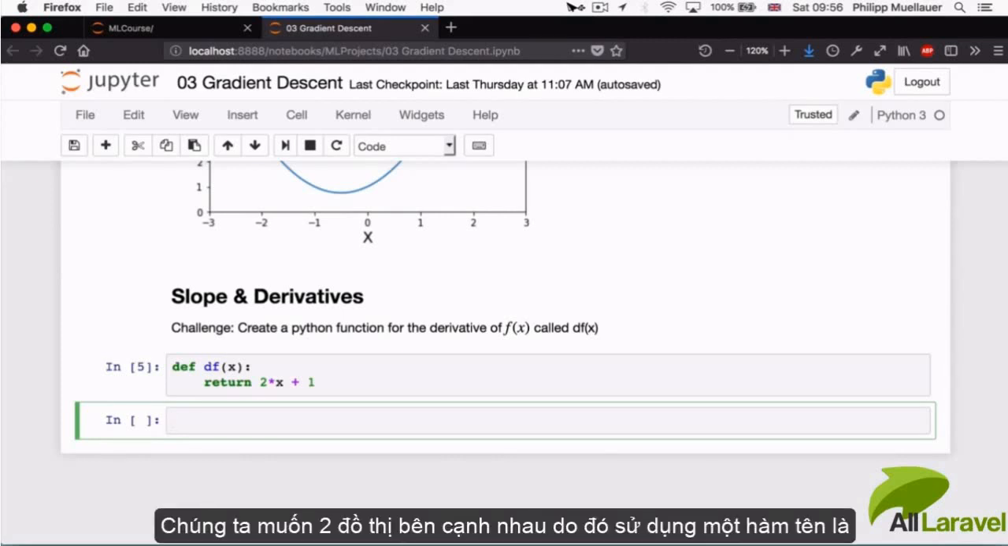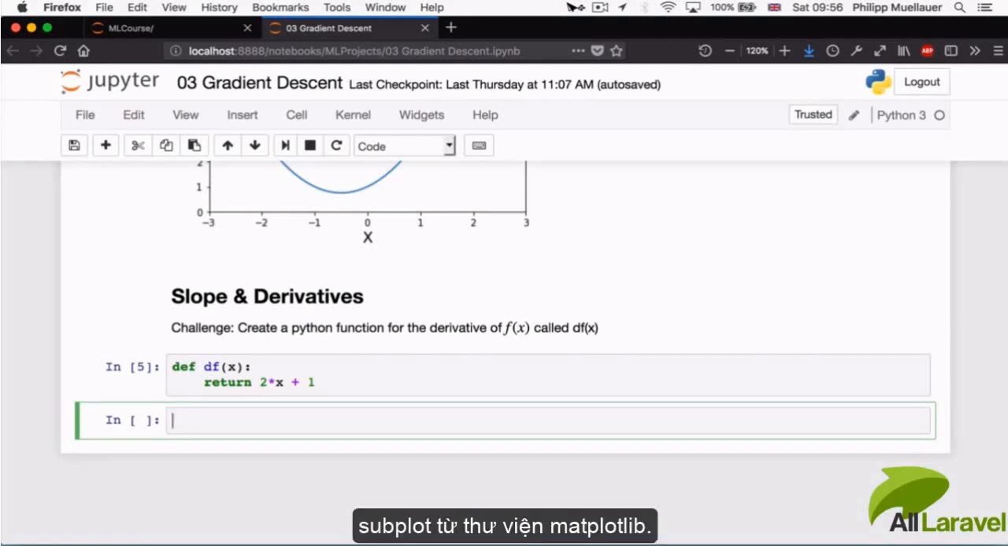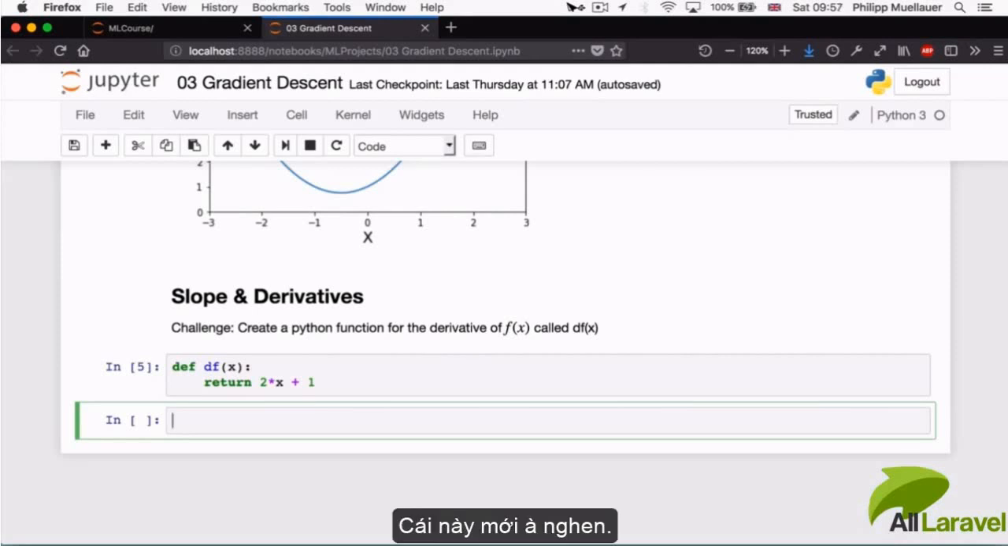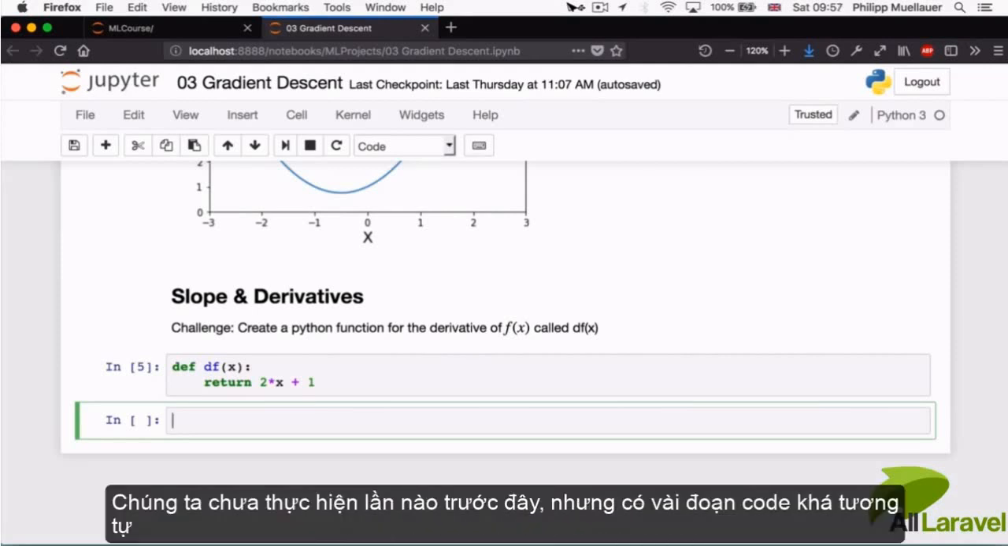So what we want is two charts side by side. And to do that, we're going to have to use the so-called subplot functionality from Matplotlib. I'm going to show you the subplot functionality, and I'm also going to show you how to size the two charts. So this is something new. This is something we haven't done before, but since a lot of the code will be very similar to what we've had up here,